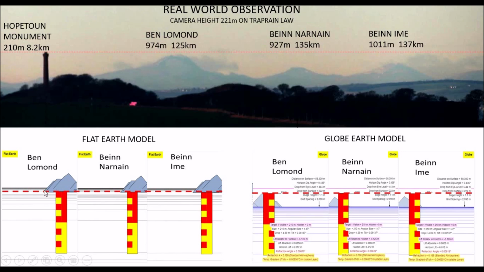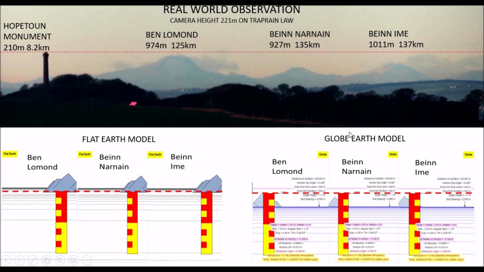The flat Earth model, the tower height and combined tower and hill height here are represented by this red and yellow rod. So we draw a dotted line across the screen, level with the top of that rod. And the hills are represented by the grey shape, it's supposed to be like a mountain. And we see that the flat Earth model prediction is that the hills should all be well above the line, with only a small portion of each hill falling below the line.